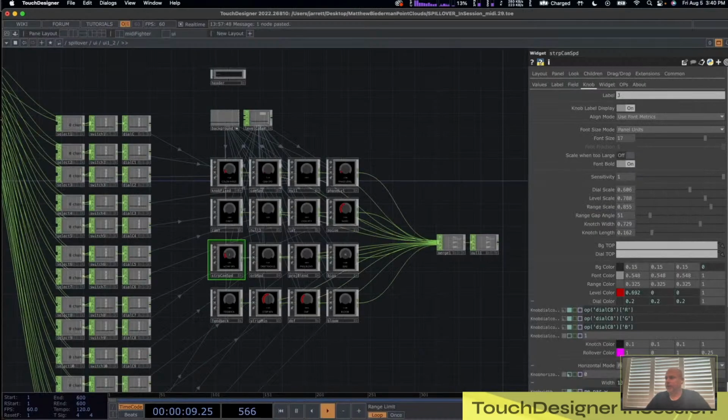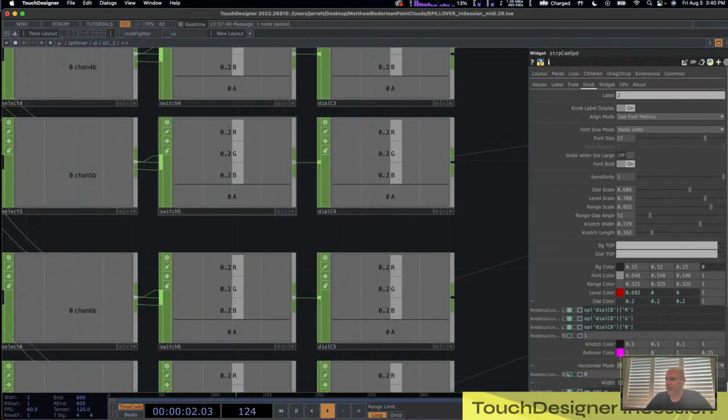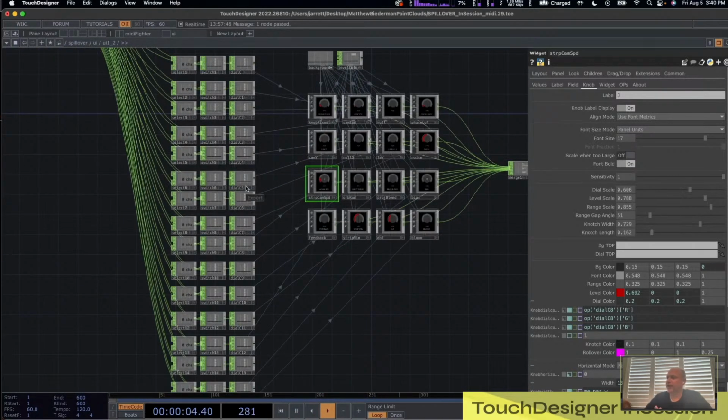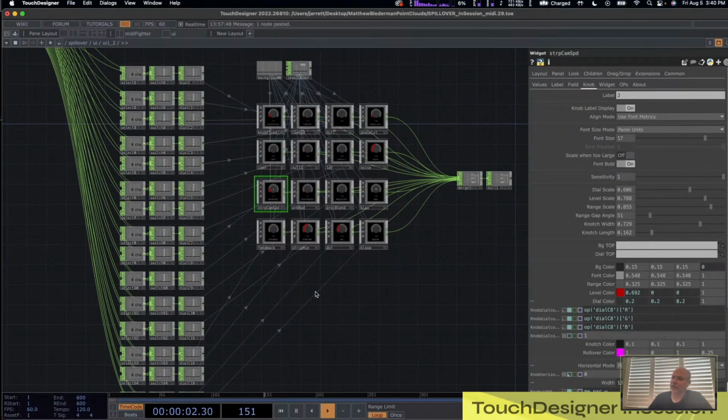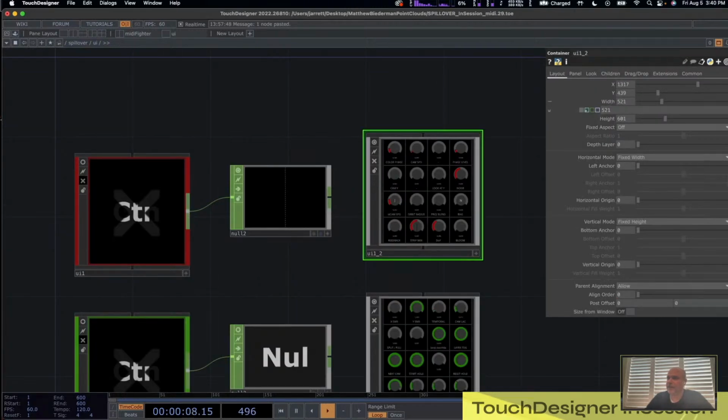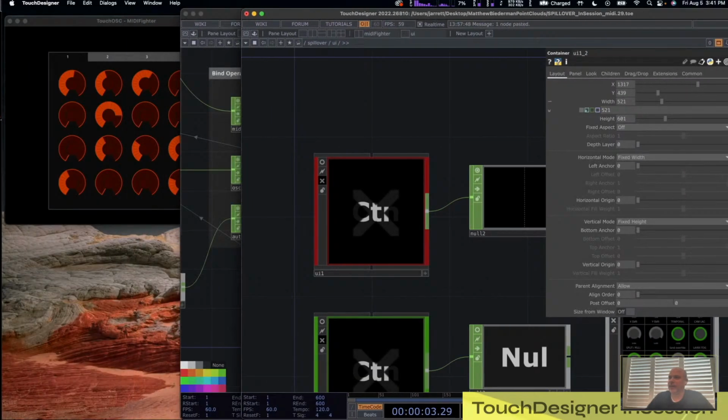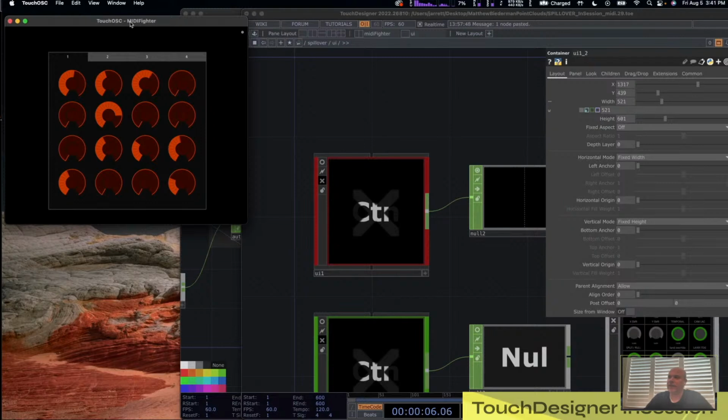Okay, so I'm gonna hit escape, and there's a lot going on here. I'm going to show you a different way of looking at the MIDI, a user interface to mimic the MIDI Fighter, and then some strategies for mapping that back to OSC and MIDI. I don't have a MIDI Fighter on me. I was like, oh no, I didn't bring a MIDI Fighter with me. I'm in Canada right now, so instead I made a MIDI Fighter